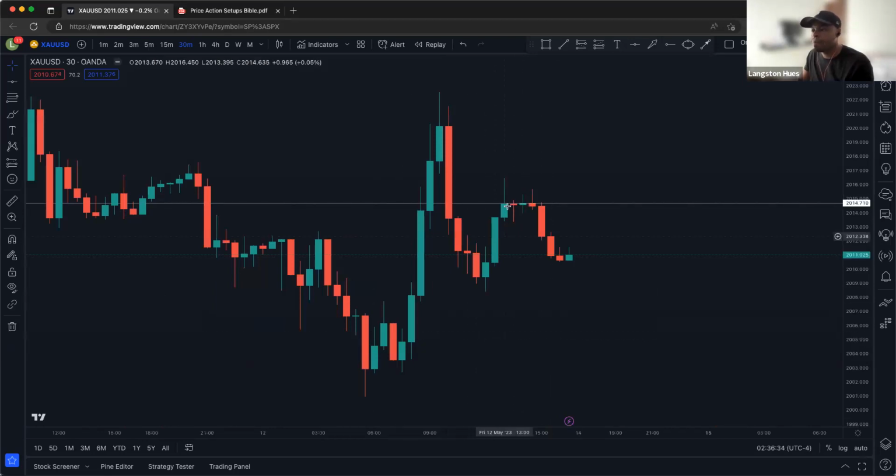And above this resistance, which is also good to note, you can also look for clean traffic. We got clean traffic right here. So if price closed above here, you got this clean traffic to fill to the left side. So we also use the clean traffic to identify range.